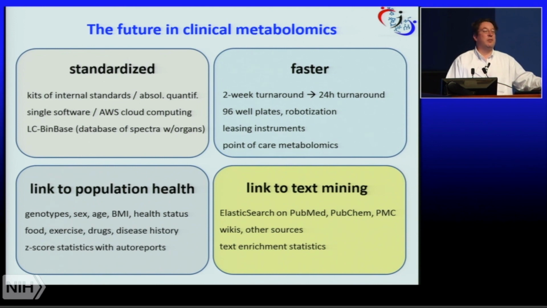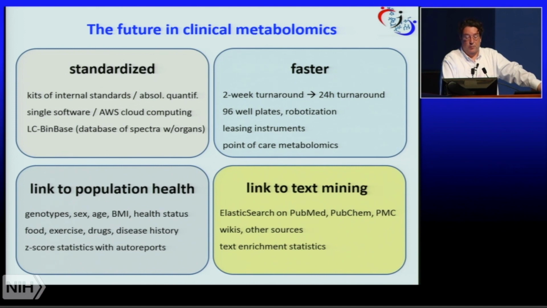I really think that metabolomics has to become more standardized so that we can better communicate across. For that, we need kits of internal standards to do absolute quantifications, just like Bob Navio said. We need single software, and my lab does this through cloud computing that is able to take in any data from different laboratories through the same type of data processing. We need to be faster. So we opened a secondary lab in Sacramento to offer 2 weeks turnaround time, and eventually, at least for UC Davis, 24-hour turnaround time